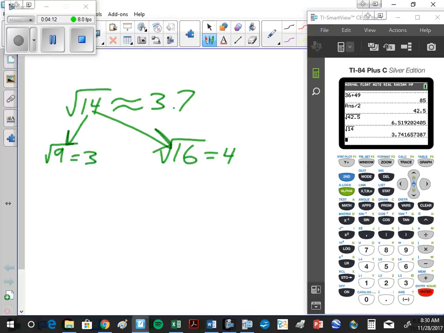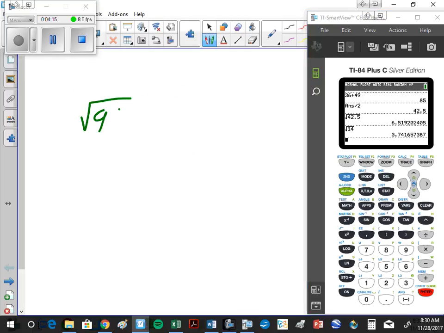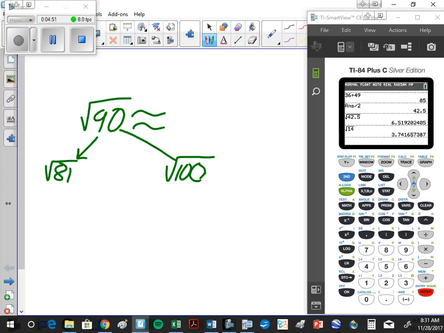Okay. What if I had the square root of 90? That would be strictly between what 2 square roots? 81 and 100. Is it going to be closer to the square root of 81 or closer to the square root of 100? So how far is it away from 81? 9. How far is it away from 100? 10. So I would expect it to be,